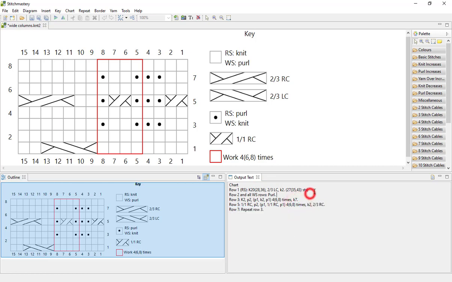And finally our stitch count. So I will soon be making a video that shows you how to turn this on and off and amend it to suit, but at the moment my setting is to have the stitch count at the first row and then any row where the stitch count has changed. And you'll see that again we've got stitch count for the 3 different sizes showing up, so 27 for the smallest, 35 and 43 for the middle and largest sizes.